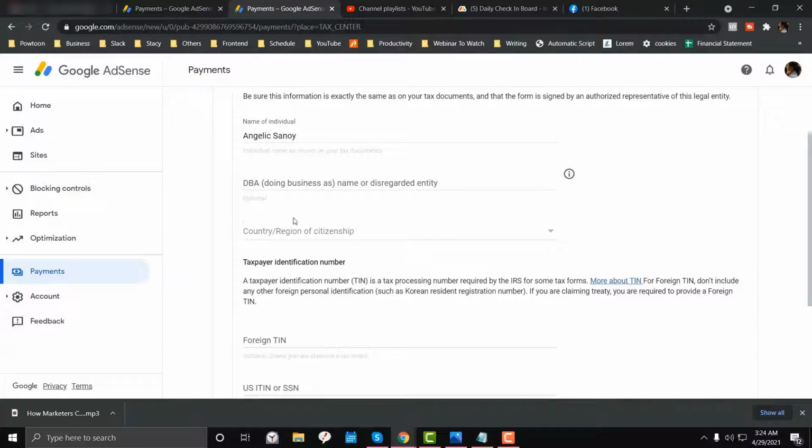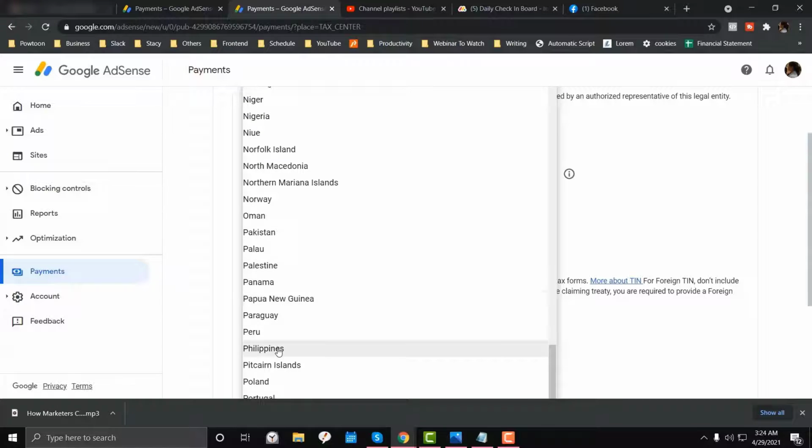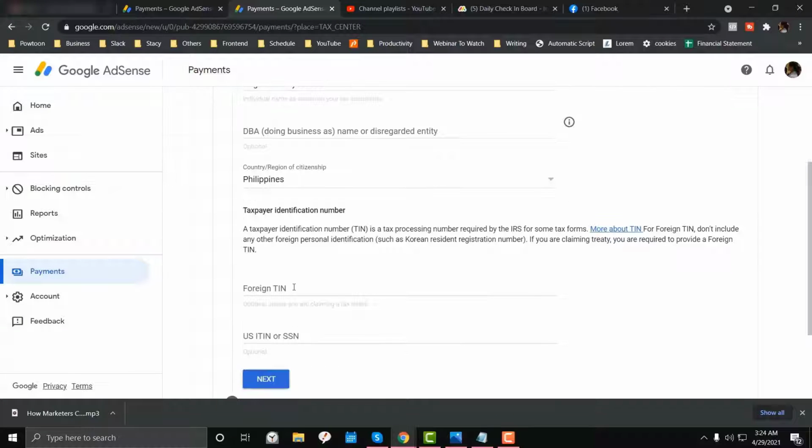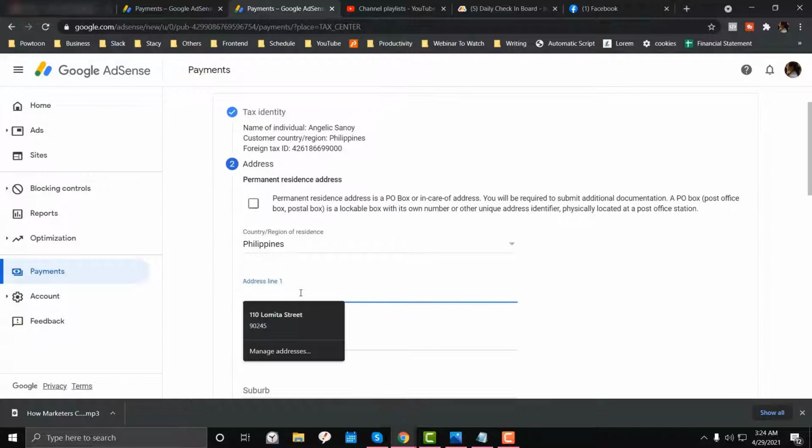And you need to put your country, and I'm living in the Philippines, so select Philippines, and then your foreign ID. As I said, I believe most of the foreign ID use TIN or TIN ID, so I'm gonna put in my TIN ID over here. Okay, so put your TIN ID next, and then your address. So I'm gonna fill in my address,